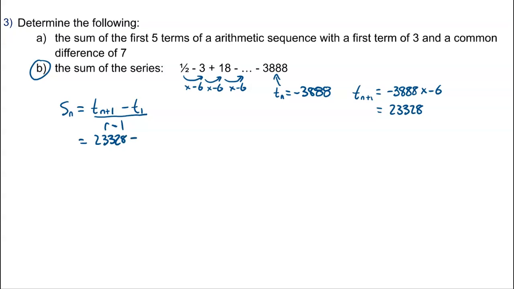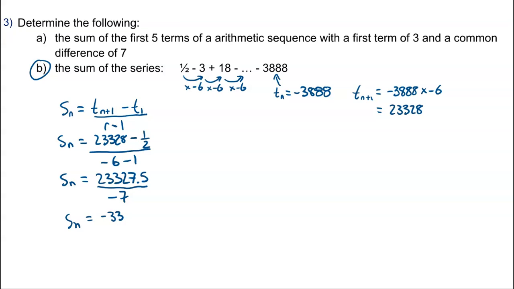We subtract the starting term of 1/2, and we divide that by r minus 1. Now r is -6, subtract 1, and you'll notice that this is Sn. We don't know how many terms are in the series, but we do know what the sum is despite that. So we go ahead and we simplify the numerator, we simplify the denominator, we divide those two things, and what we get is a final answer of negative